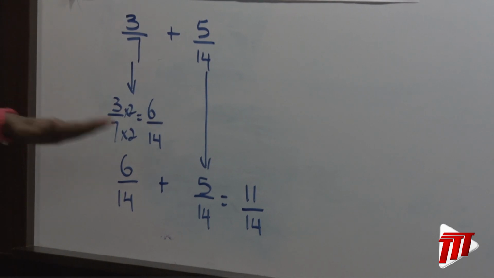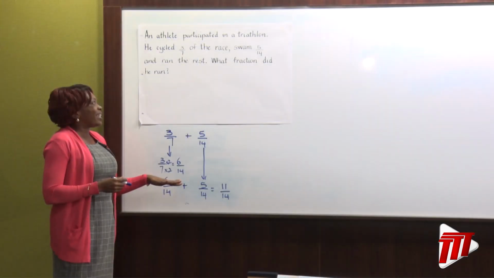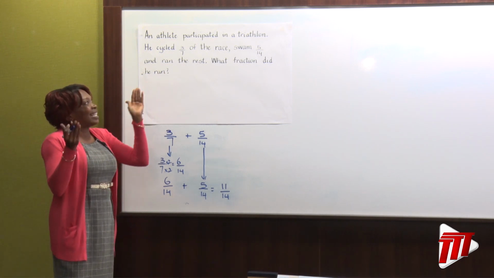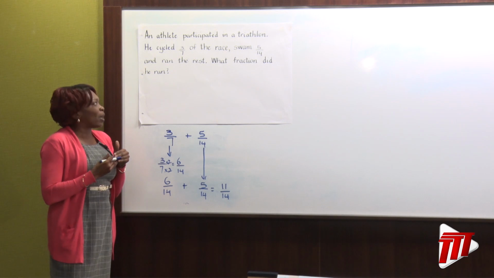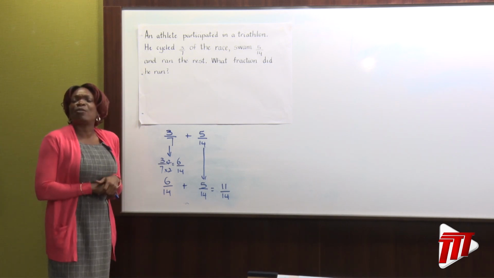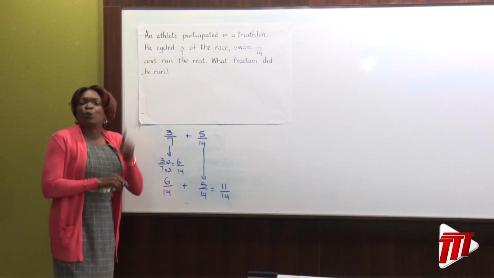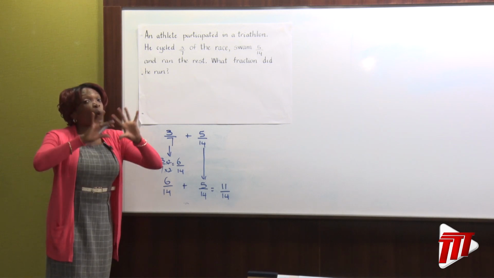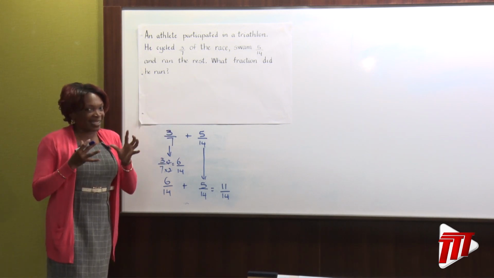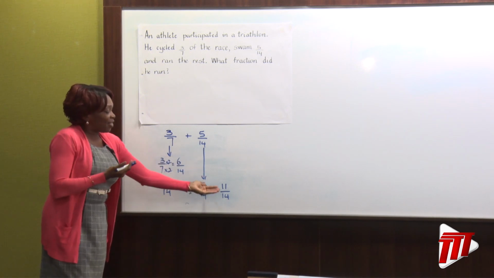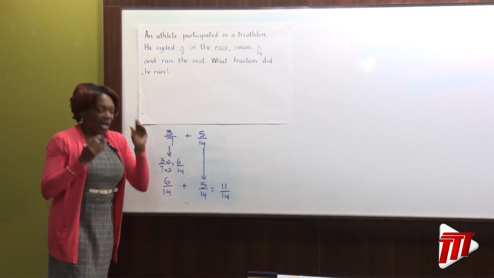Great. This 11/14 here represents the combined fraction of the 3/7 he cycled together with the 5/14 that he swam. We need to find out what fraction he ran. Do you know what to do? Remember what I said before with the whole? Yes, we are looking at the whole, and then we will take this out from our whole. I'm going to write